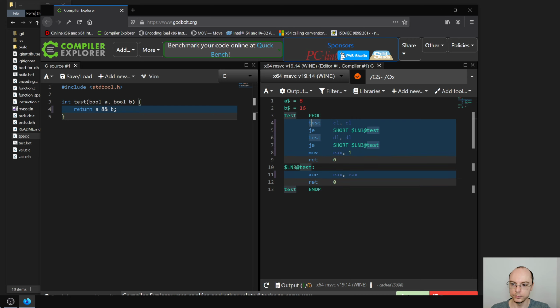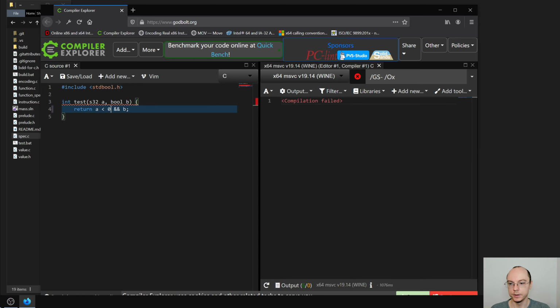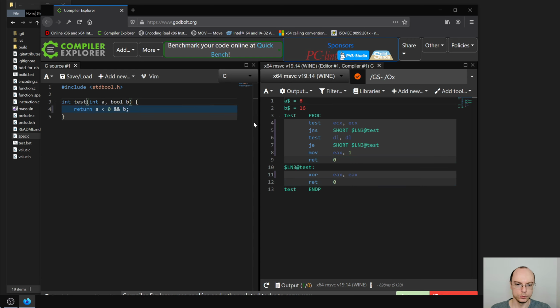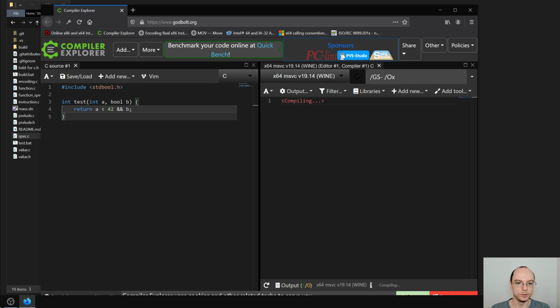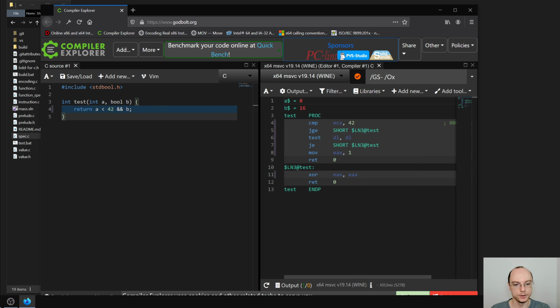I mean, if we have something else here, it would not be test, but basically the result of a compare. Let's say I do s32 a is less than 42. I can't use 0 because it just does test instead of what it should be doing. So yes, it does a comparison, and then